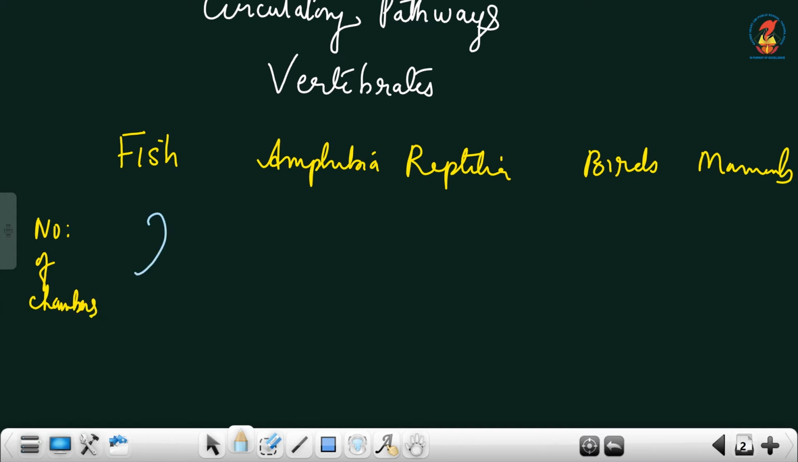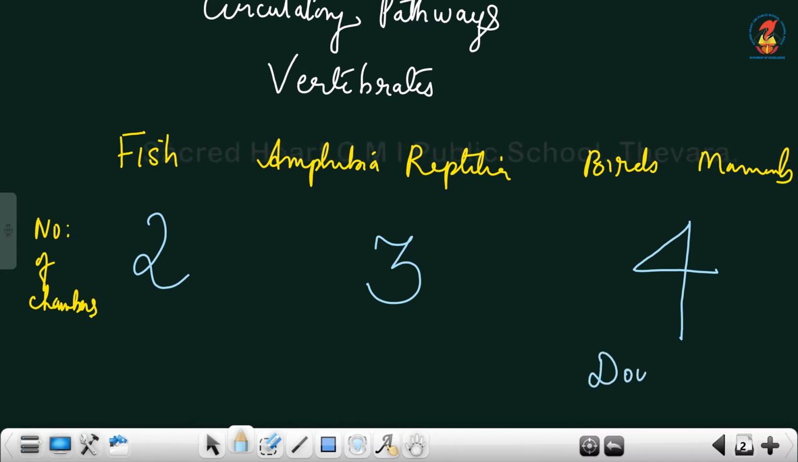Fish, you are familiar, it has a 2-chambered heart. Amphibia and reptilia have a 3-chambered heart. There is an exception to reptiles. Crocodile has a 4-chambered heart, and birds and mammals have a 4-chambered heart. And what I explained now, we have the double circulation. The type of pathway is the double circulation or double circulatory pathway,